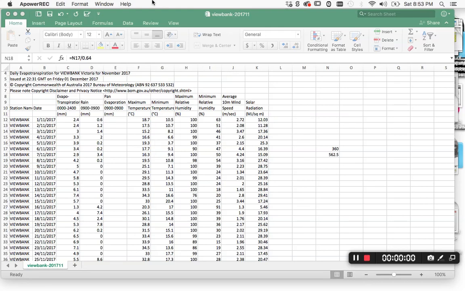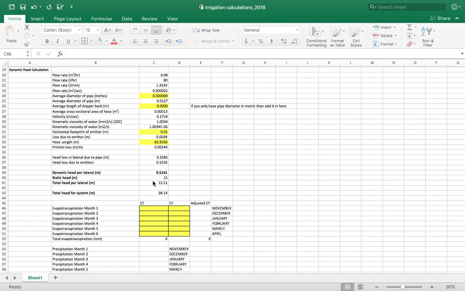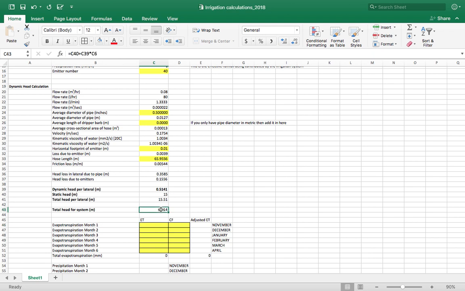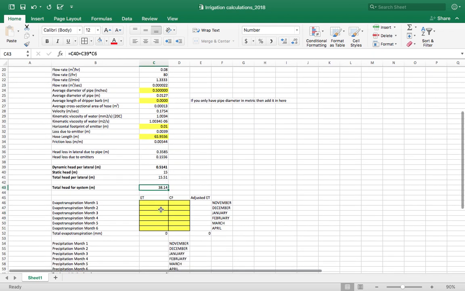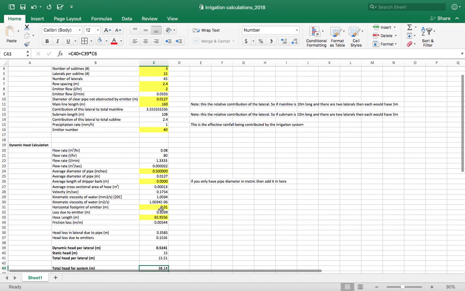Alright, so part two of the irrigation calculation exercise. We've calculated the total head in this system, which is 38 metres. So you can go ahead and find a pump that delivers that. Again, we're looking for about 3,600 litres per hour for that, based on the flow rate out of each emitter